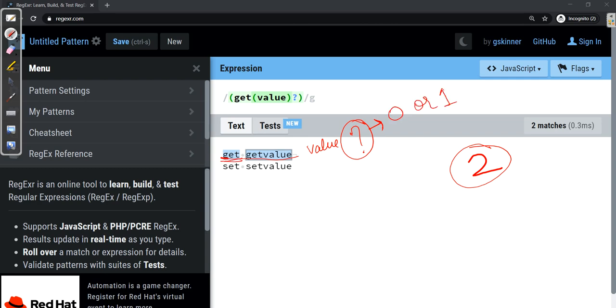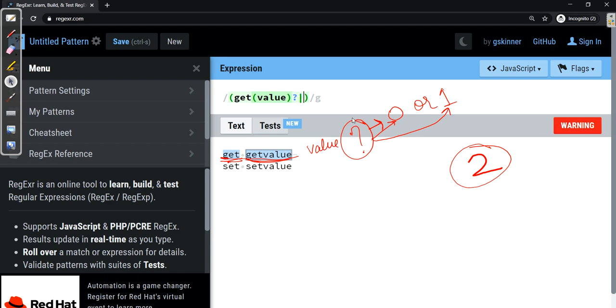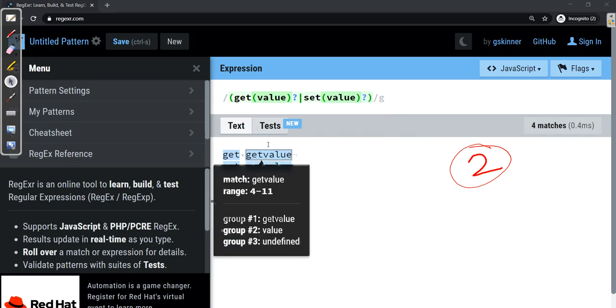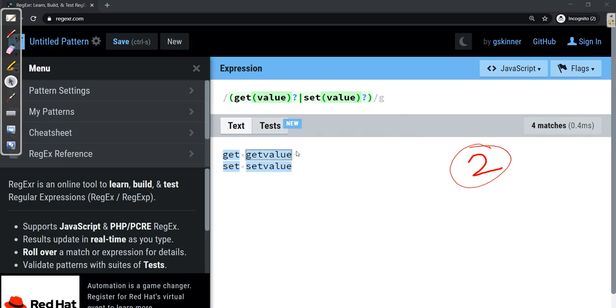So in case of get, value is 0 times, and in case of get value, here it took 1 time. Similarly, I'll do this for set by applying pipeline, and I'll write set and value with a question mark. So you can see it's matching both of these strings.